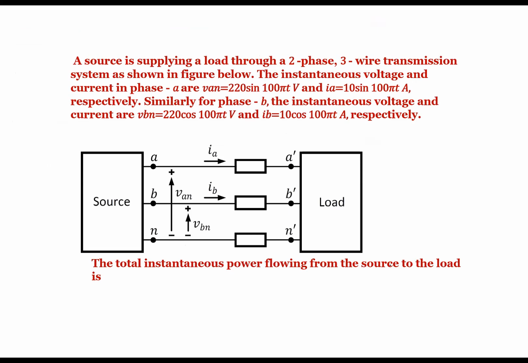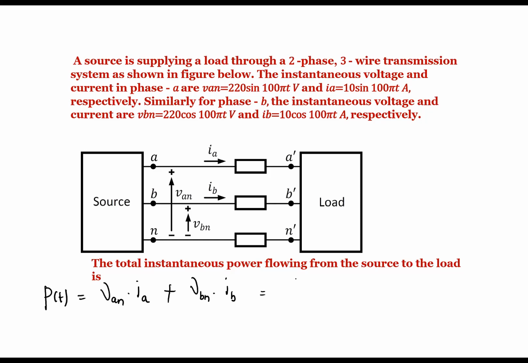Read this question and try to answer this one. Okay. He's asking the instantaneous power. Had it been a single phase case, it is a product of instantaneous voltage and instantaneous current. So here there are two phases, so the instantaneous power becomes only two phases, that is VAN into IA plus VBN into IB. Had the third phase been there, it would become VCN into IC. Only two phases are there. It is a very simple question.